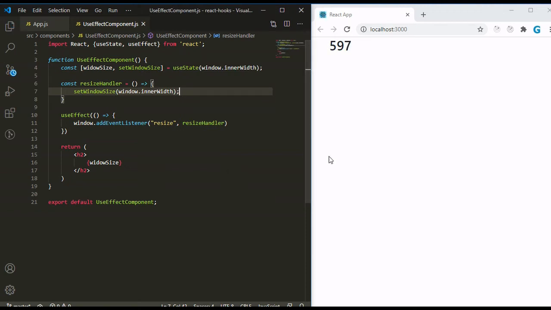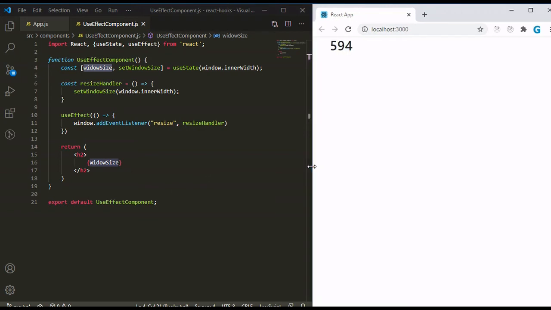When we resize this window, then this function will be run, and this function will set the windowSize state again, or you can say this setWindowSize function will update our state. So let's see how this function will work. Now here you can see our window size is getting updated when I am resizing the window.